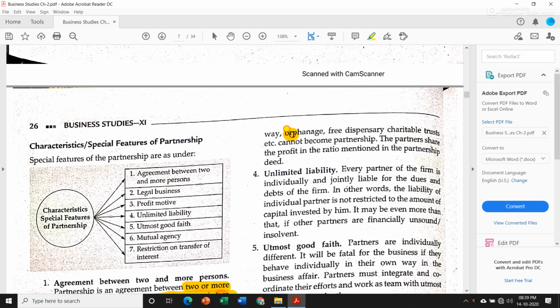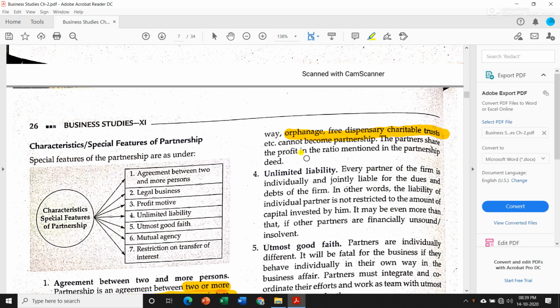But orphanage, free dispensary, charitable trust formed by partnership, they are also partnership firms, but they are not doing it for profit motive, so they cannot be called partnership. The partners share the profit in the ratio mentioned in the partnership deed. Now partnership deed is nothing but an agreement that we will learn in our next session, but as of now you remember that in the partnership deed they will mention the ratio in which the partners are going to share